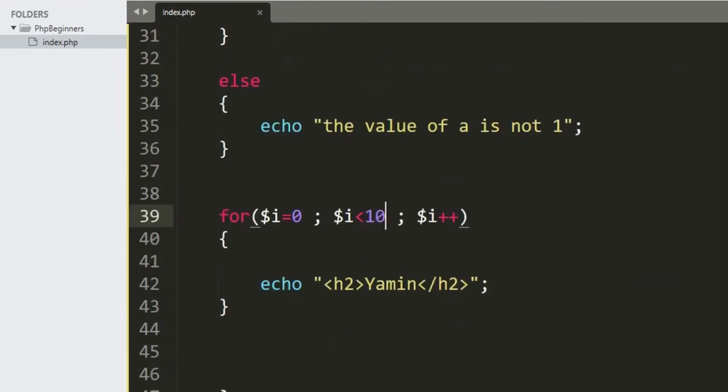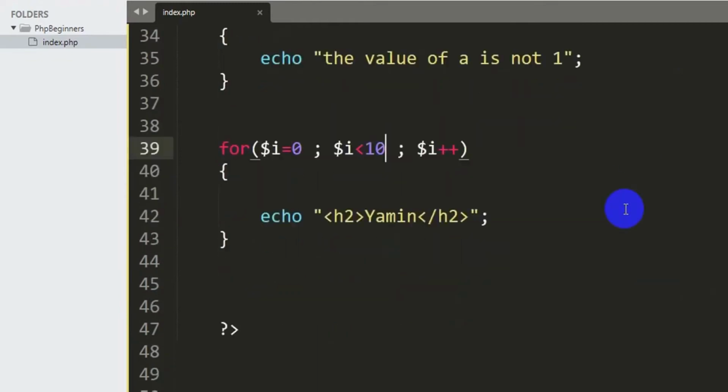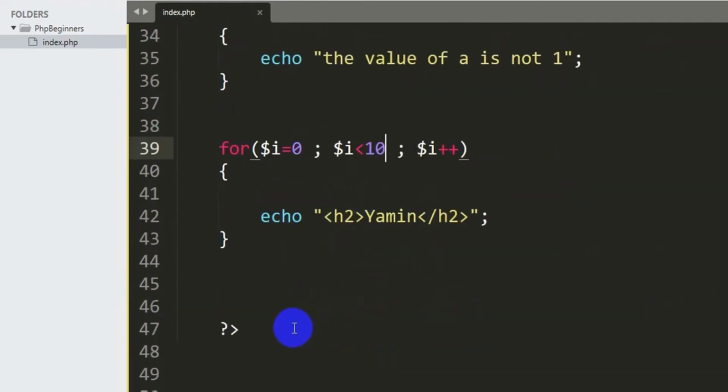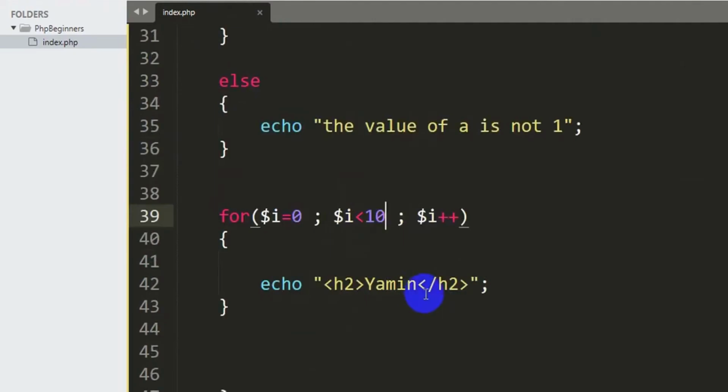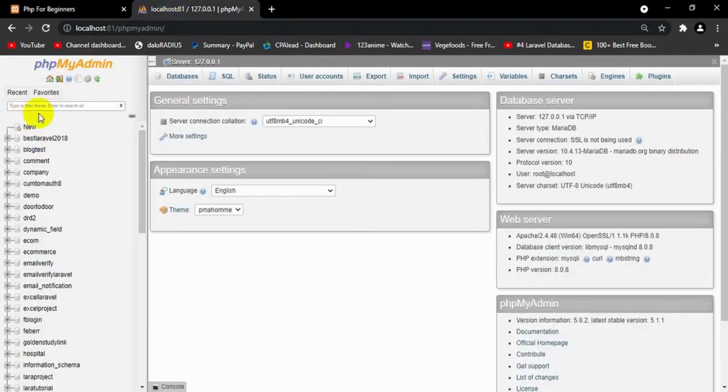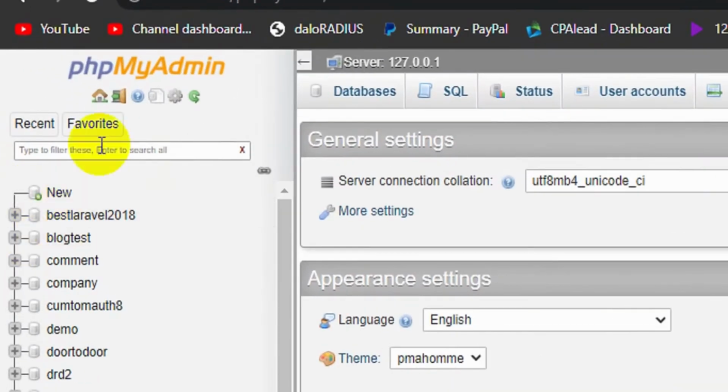So after for loop, right now we are going to talk about how we can connect this PHP file or project to our database. Now for that we need to first create a database. So let me just go to my localhost, and over here you can see a new option over here. So if you click it,